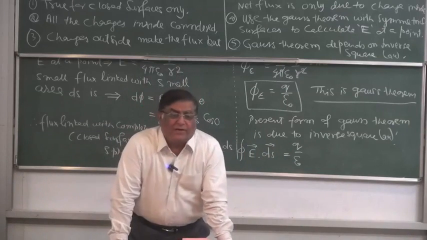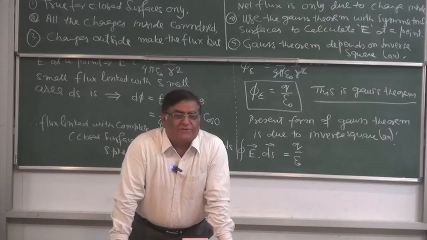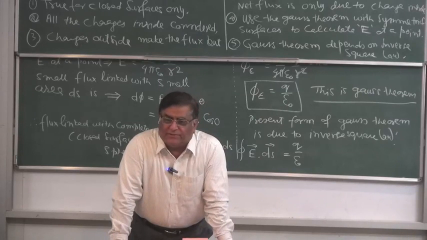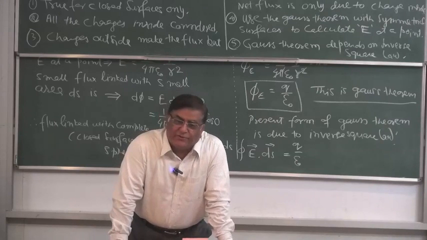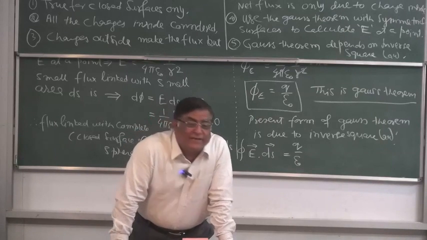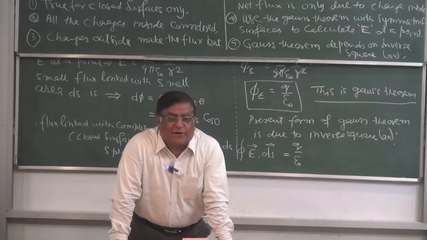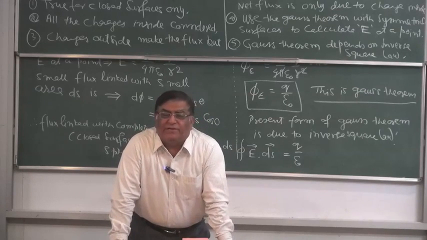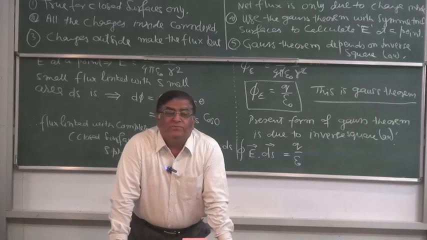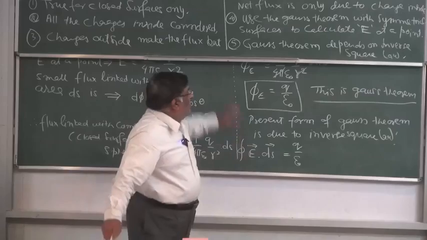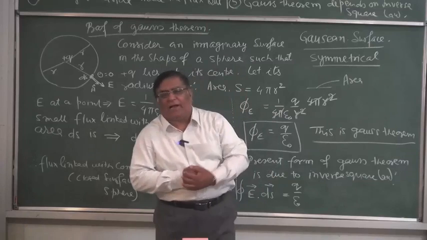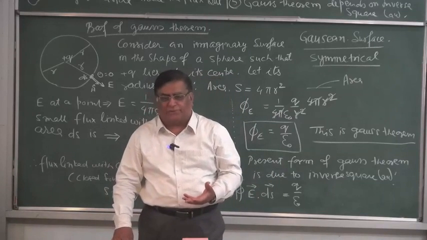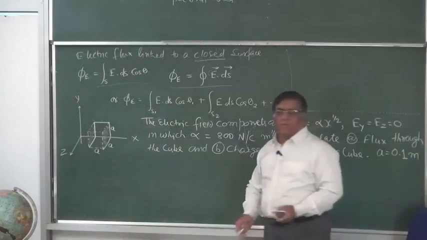So this gives us the first law of Maxwell's, which we will study after a few months. The first law says that there is a relationship between Q and E. According to Gauss theorem, if there is Q, there is E, and if there is E, there is Q. They cannot exist without each other, and if there is no E, that shows there is no net Q there. Okay, so this is preliminary things about Gauss theorem, and we will go for applications of Gauss theorem one after the other. Now, see here,